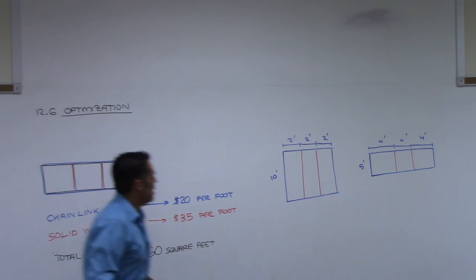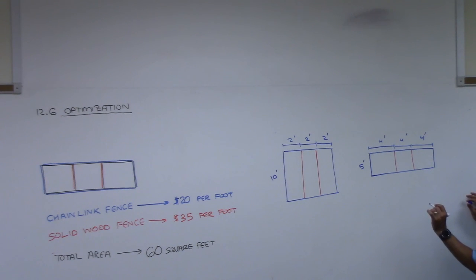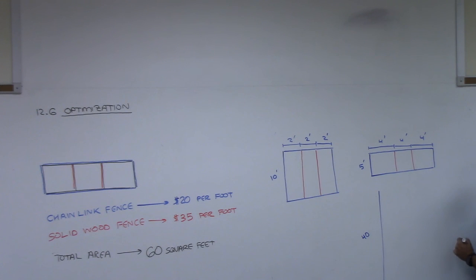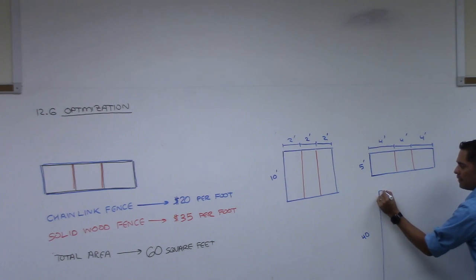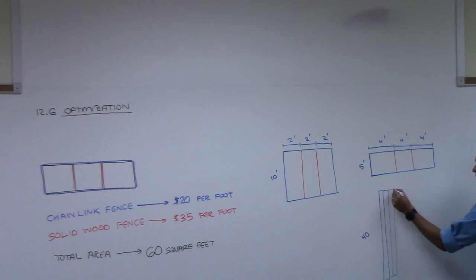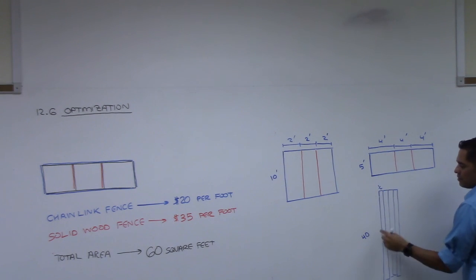Because look, this is a crazy way of doing it, okay? Couldn't I go 40 feet, and go half a foot, half a foot, half a foot, something like that? Couldn't I do that? I know it's cruel, but this is half. So what would be the area